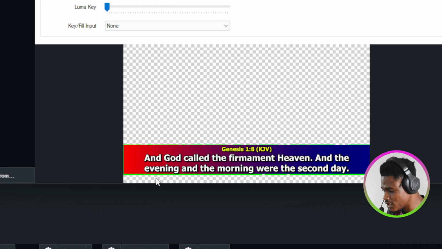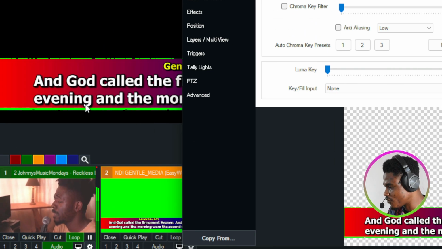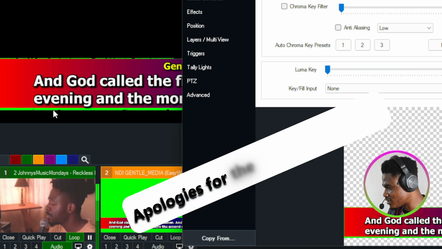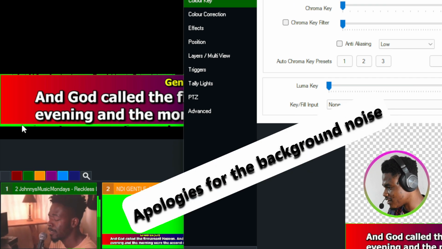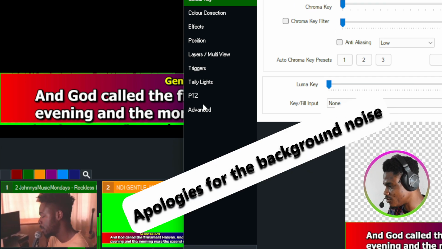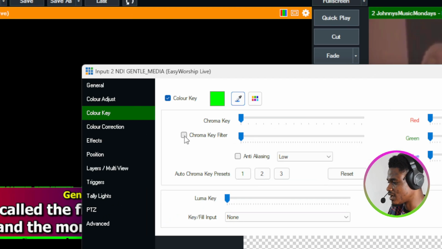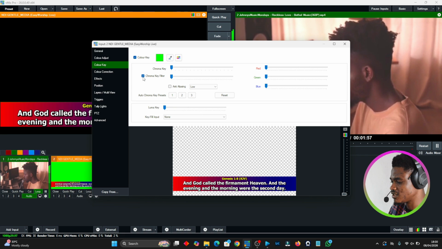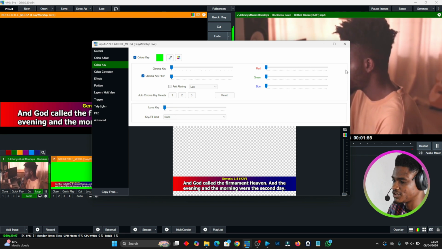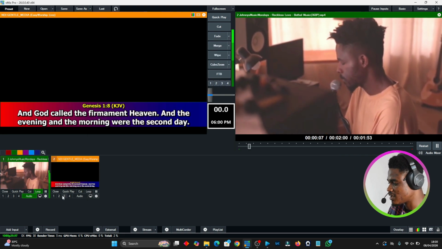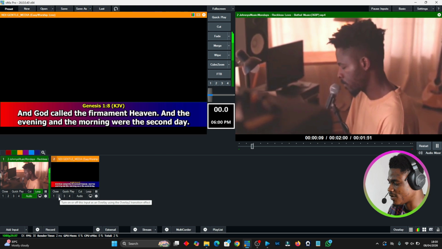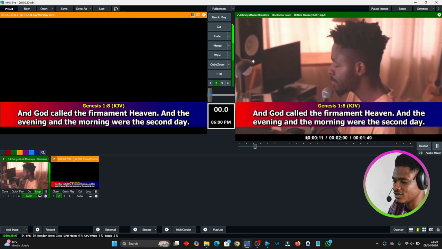But if you watch closely, you will see the green shadow showing on the scripture. You can see it closely. Yeah, you can see the green shadow. Now, how to get rid of that green shadow? Just come to this chroma key filter and then tick it. Just tick that chroma filter and you won't see that green shadow anymore. Now close this, and now let's overlay our scripture. So you can see